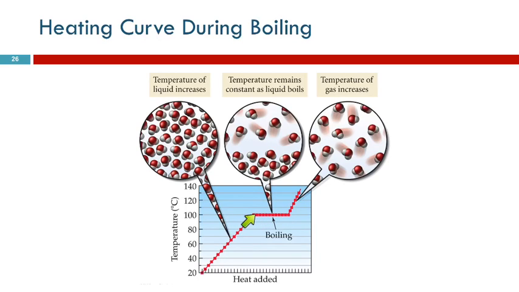Once it starts boiling, the temperature is going to remain constant, as all of this heat that's added just goes into more rapid boiling. Once all of these gas molecules have broken loose from each other and we just have steam, then if you keep adding heat, the steam temperature will increase. Any questions?